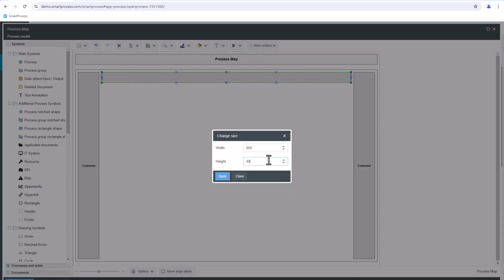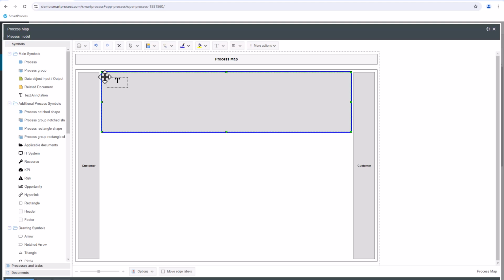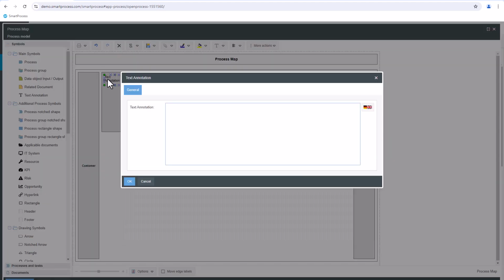Next, we use the rectangle to create the swim lanes for our process map. After positioning the rectangle as needed, we right-click on it to open the context menu. From this menu, we navigate to the Object toolbar, where we set the height of the rectangle to 230 units. Once the height is adjusted, we proceed by naming the swim lane to reflect its purpose. Following this, we add the appropriate process groups to the swim lane, ensuring that the elements of the process map are organized and categorized effectively.